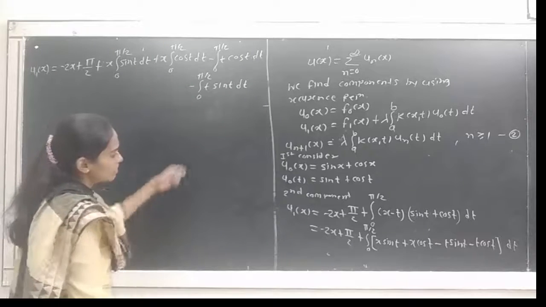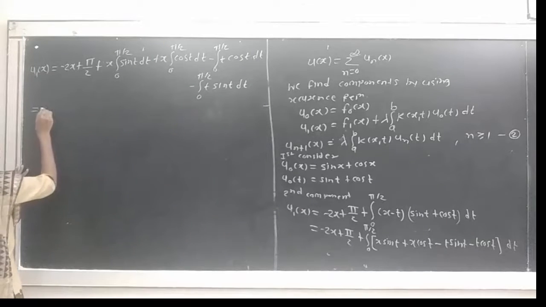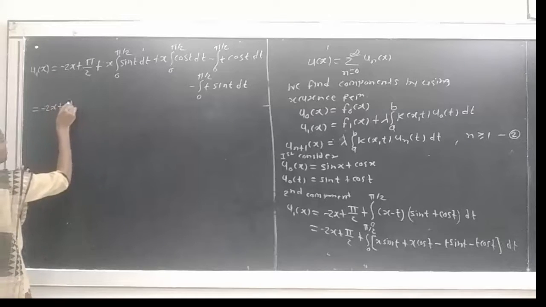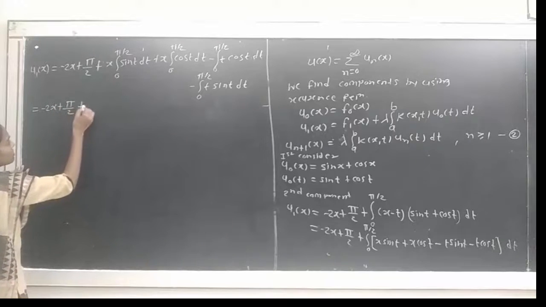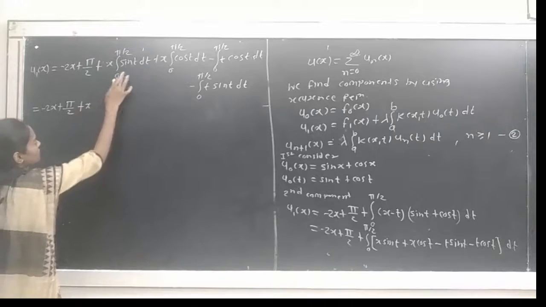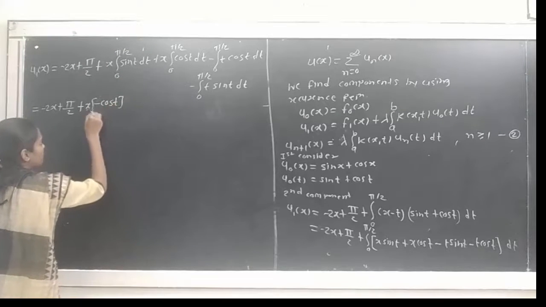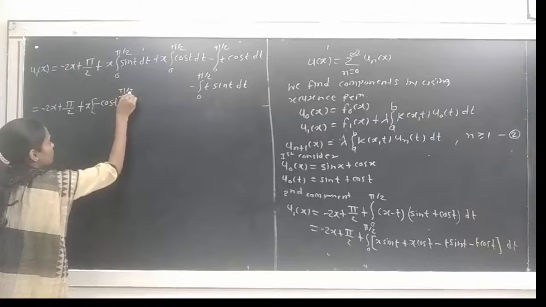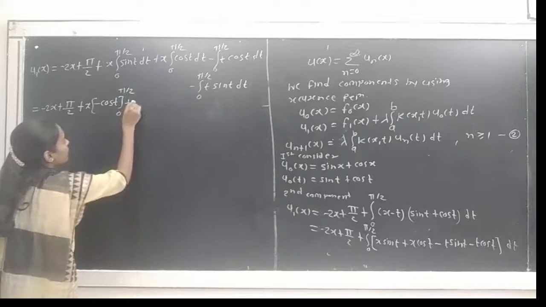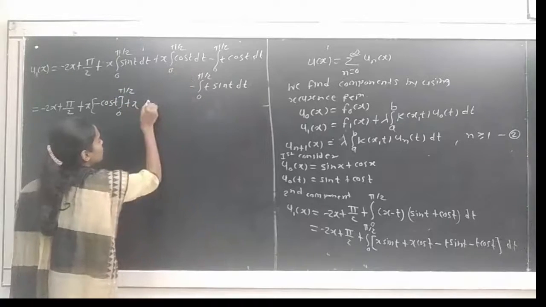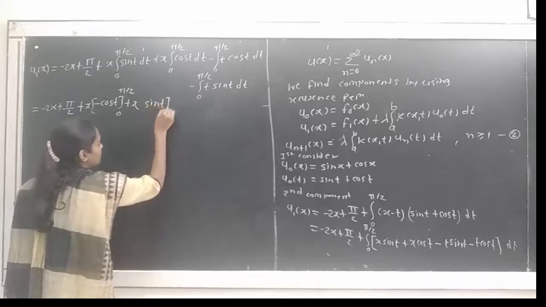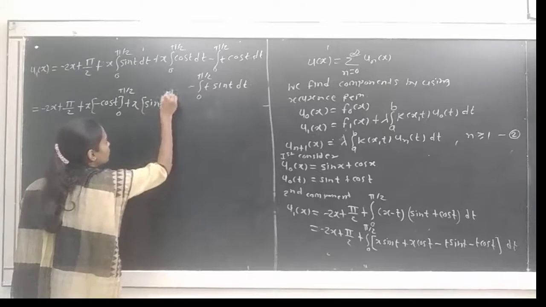So here we get u1 of x is equal to minus 2x plus pi by 2 plus x as it is, integration of sin t will be, we know, minus cos t in limits from 0 to pi by 2, then plus integration of cos t, which is sin t, limits from 0 to pi by 2,